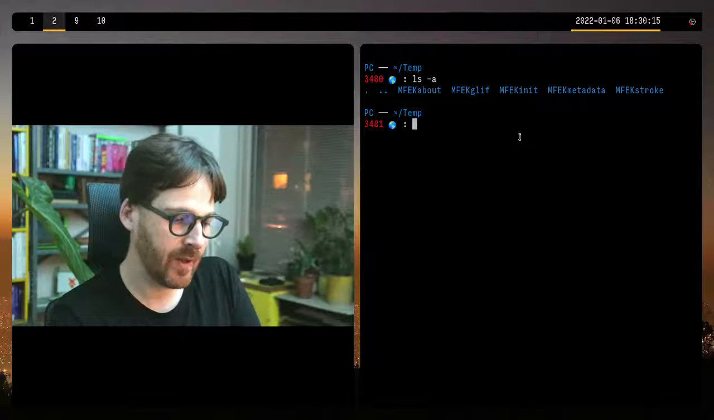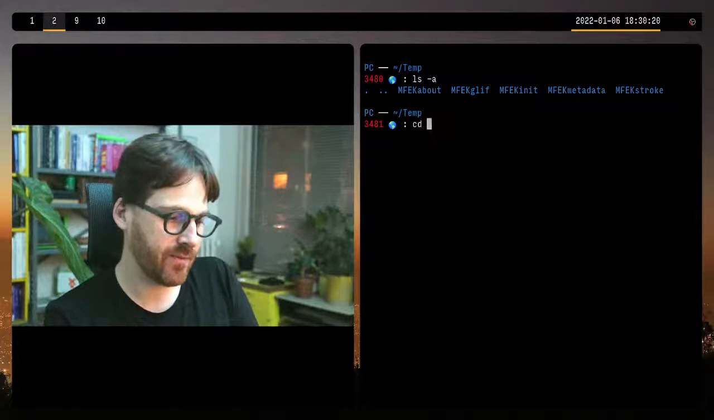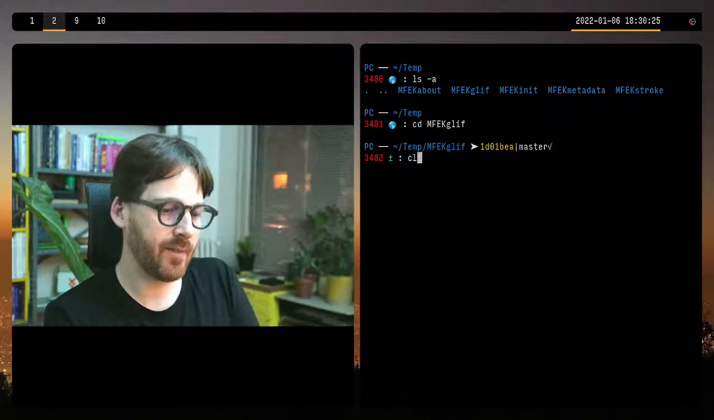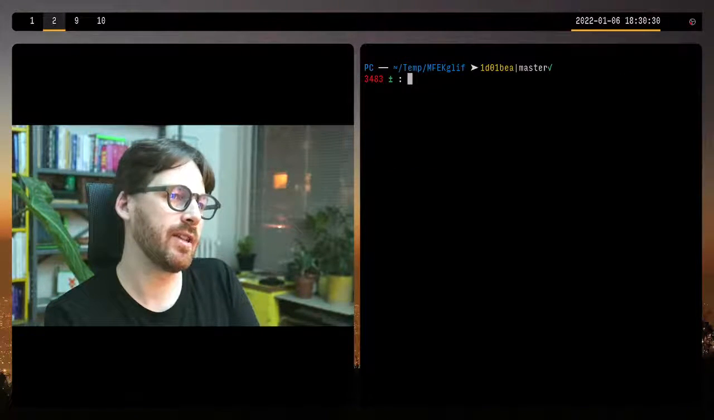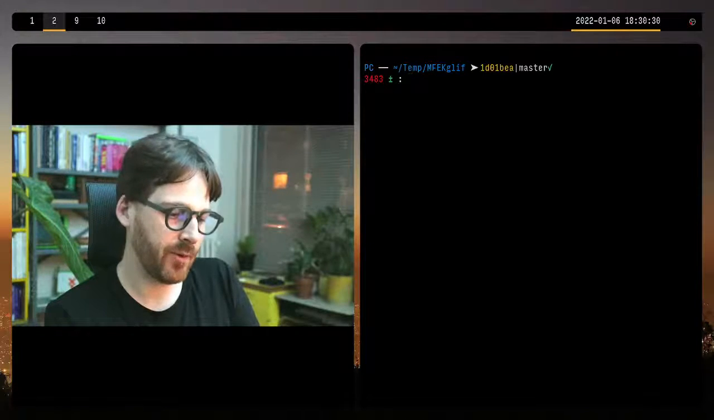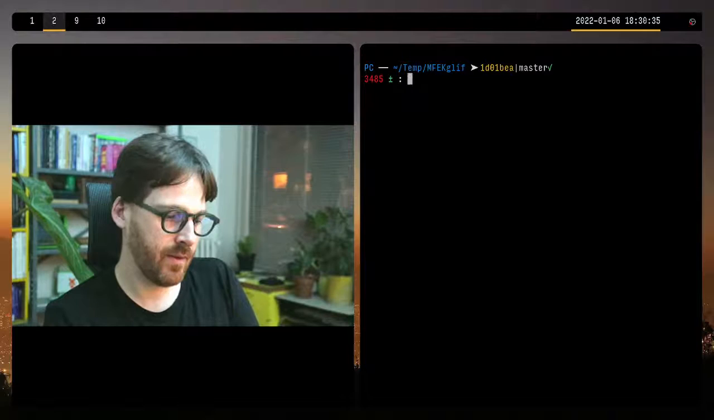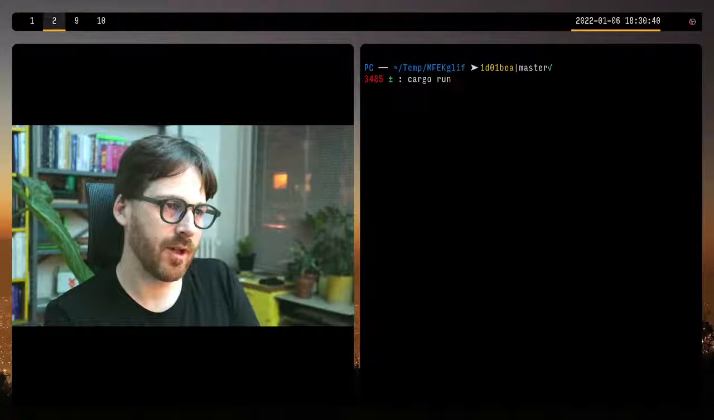So I've got a bunch of fonts on this computer. Let's try to get this to run and open up a font I'm working on. So we change directory into the mfek-glyph folder. And now we're going to want to do cargo run,